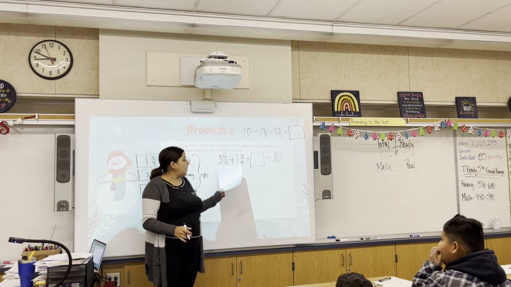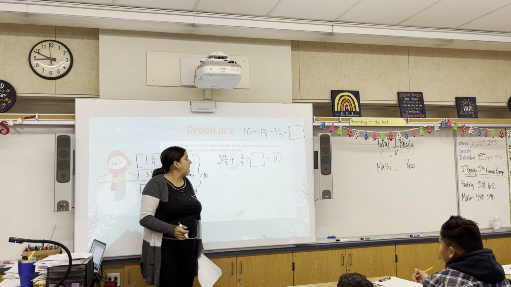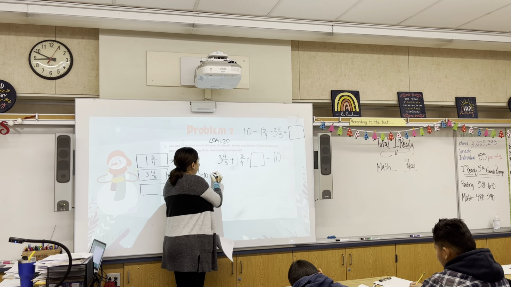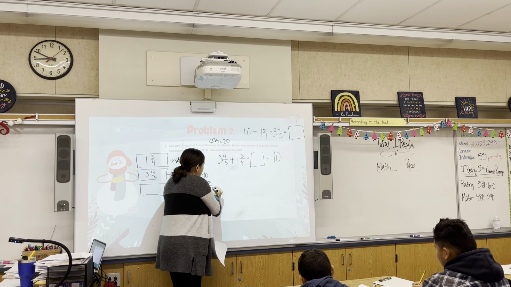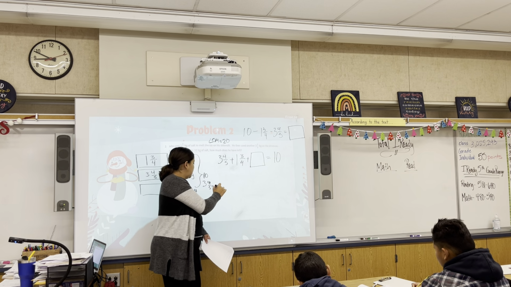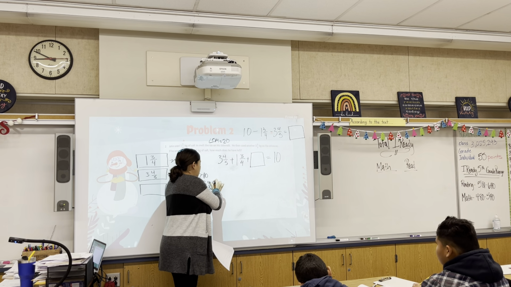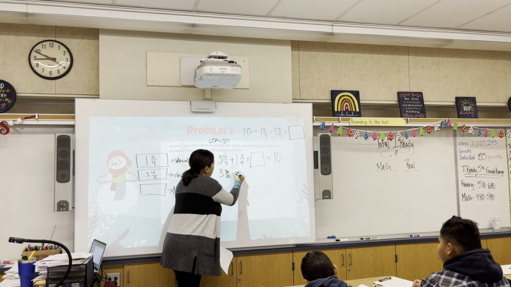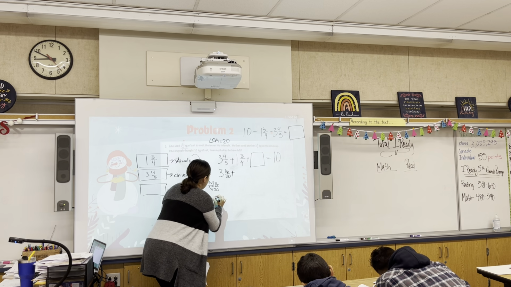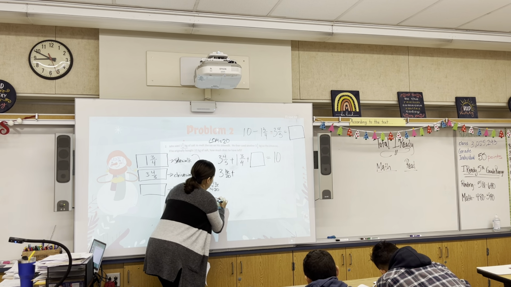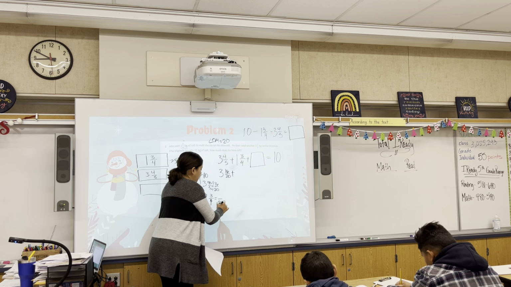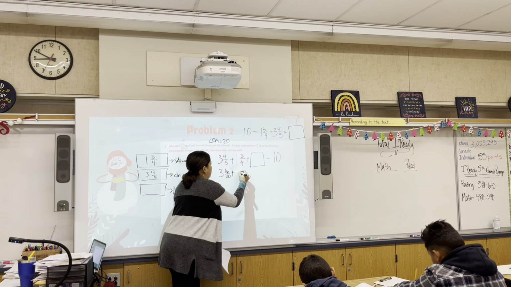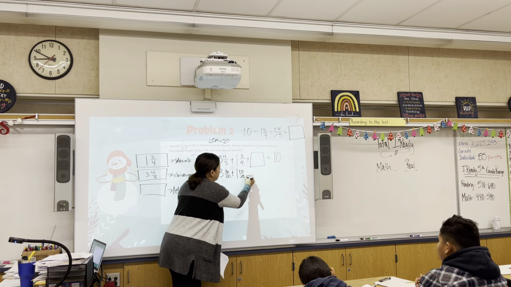3 4/5. What's my LCM here? 20. Okay, so my LCM is 20, right? So 3 4/5 is equivalent to something over 20. Times 4. Whatever I'm doing to the denominator, I'm doing to the numerator. So 3 16/20 plus, and now 1 3/4 is equal to something over 20. 4 times what gets me to 20? Whatever I'm doing to the denominator, I'm doing to the numerator. 15. Good. So 1 15/20 plus